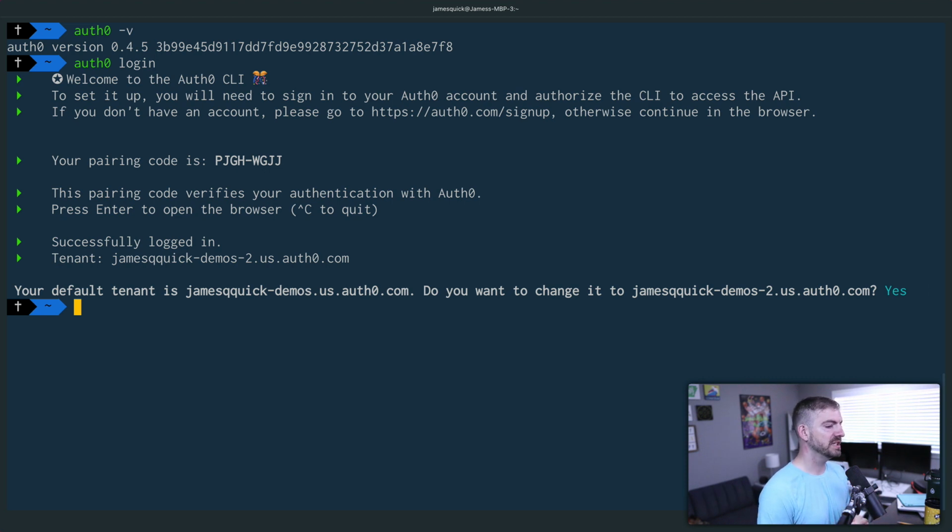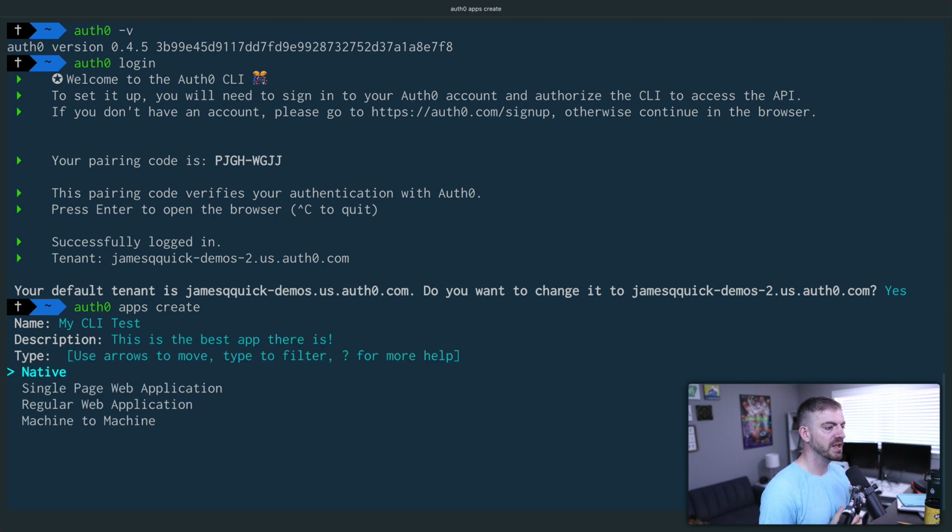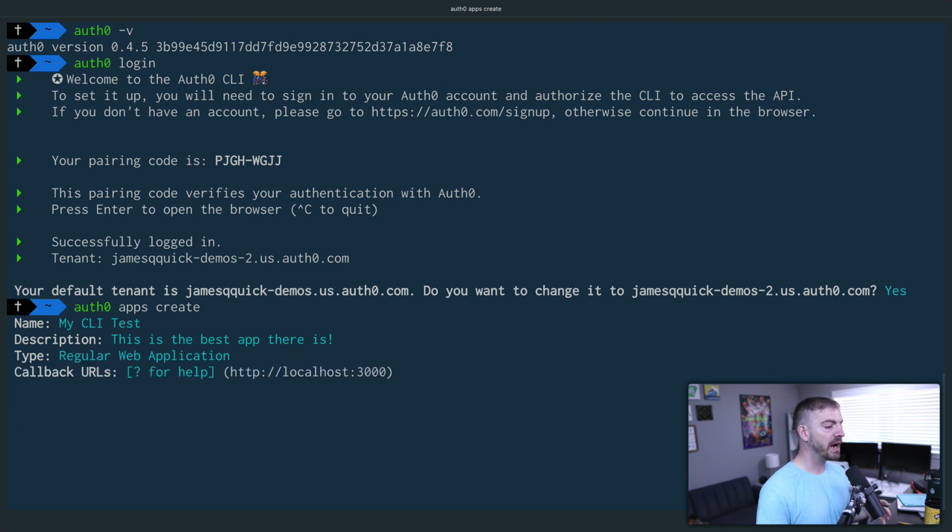So now that we have logged in, we can run auth0 apps create. Now this is the beauty of this. Instead of having to go into the dashboard to create the application, we can do it right here, and we can call this my CLI test. A description: this is the best app there is. I want this to be a Next.js application in this example, so I'm going to choose a regular web application. And then for our callback URLs, in this case, our callback for Next.js is going to be http://localhost:3000. And then the callback URL is going to be